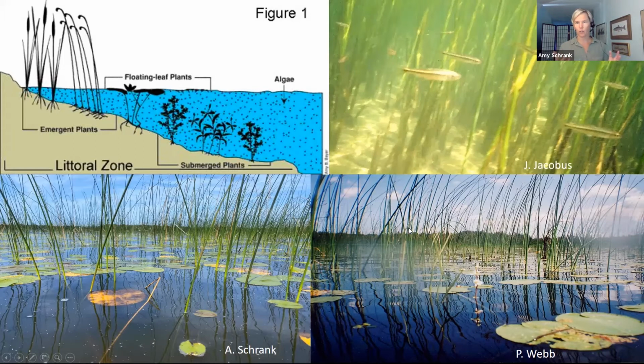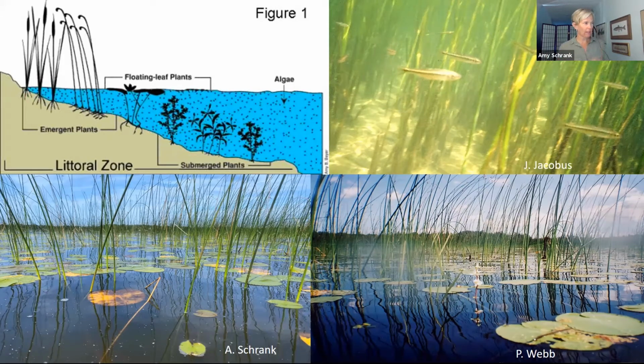So if you take a fisheye view of this and move down below water even further, you can see here a bunch of minnows swimming through some bulrush stems. Bulrush are really ideal in the submerged part of the environment because schooling species like minnows still have space to swim among these plants. They don't produce a lot of leaf litter year to year, so not a lot of dead bulrush accumulating, and that'll be important in a little bit.